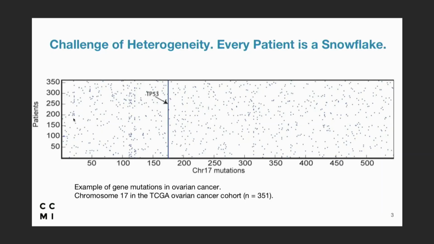And the one I'll focus on today is, before I get to the solution, let me just give an example of how bad it is. So here is an example of an ovarian tumor cohort where they have sequenced exomes for about 351 patients. So I think most people know what an exome is, but just in case you don't, these are just sequencing the genes, or the 2% of the genome that encodes for proteins and looking for mutations there.